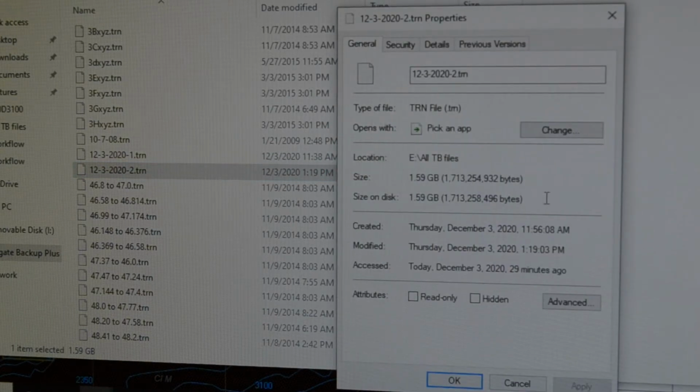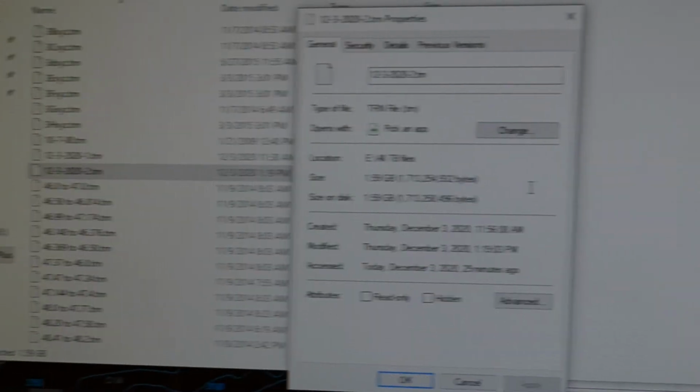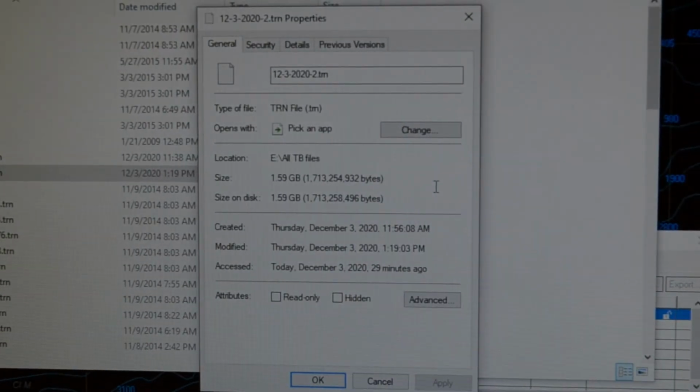There it is. That file is 1.59 gigabytes. So make sure that when you're looking at these files that you don't get yourself back into a bind. What I would suggest once you've got a file that's 1.6 or bigger